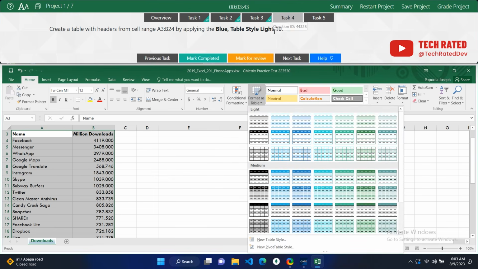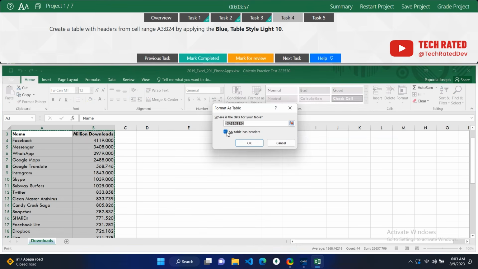Then light, you're told to go to 10. So you hover over each of these and you see if you're in 10. This is 9. This is 10. And it is blue, as you can see. Blue. So you click it and it says format as a table, this, and this checkbox, it says my table